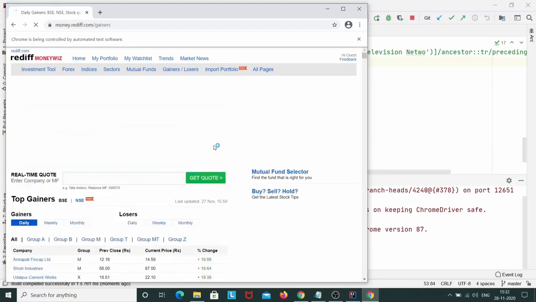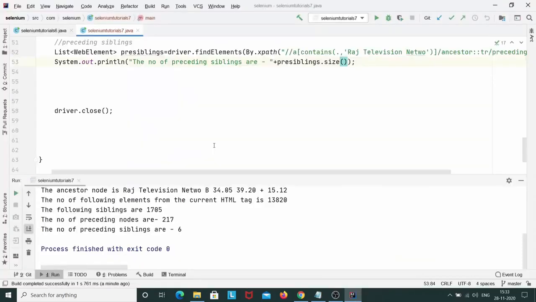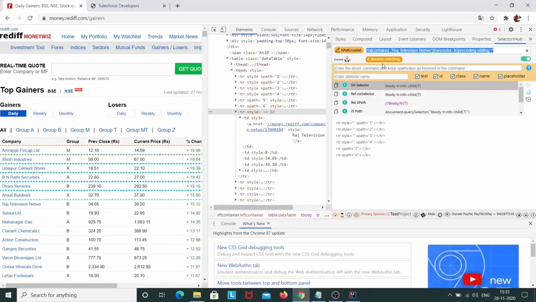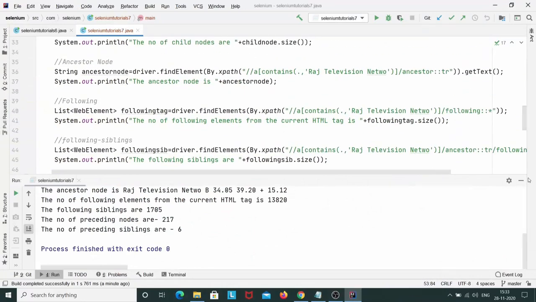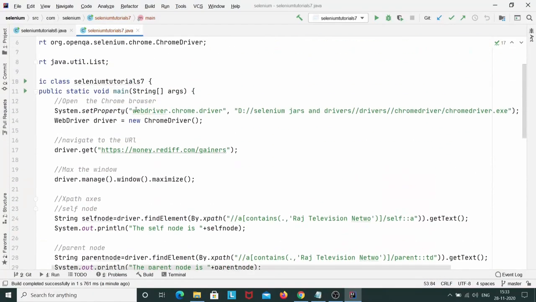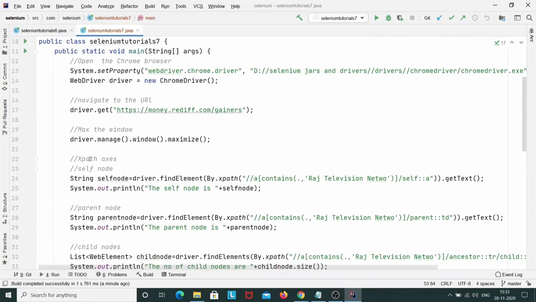So our Chrome browser is launched. It's navigated. It's maximized. Okay, so here it shows the number of preceding siblings are 6. Similarly, we have seen over here there are 6 elements that are matching, so the number of preceding siblings are 6. So this is the code that we have executed today for the Xpath Axes, in which we have seen